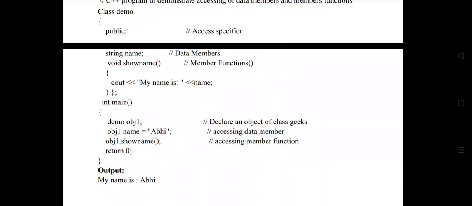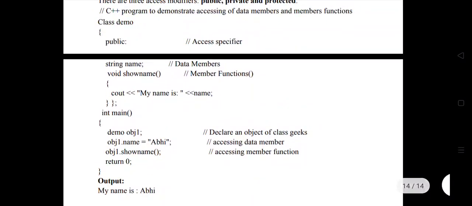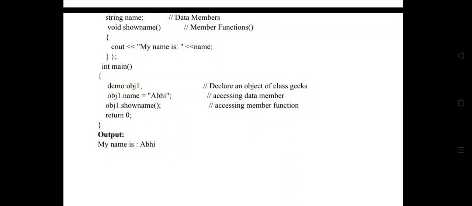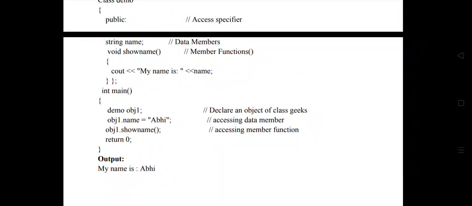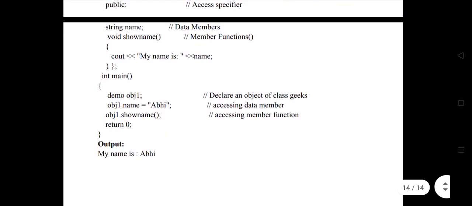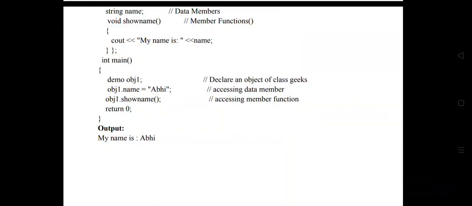We have one name variable as a string, which is a data member, and we have made it public. If you want to access any data member outside the class, as you have done here with obj1.name, you are assigning name the value Abhi. Only if you have created it with the public access modifier are you able to write the value here. If it is not public, you cannot assign the value here; at this line, obj1.name equal to Abhi will produce an error. To call the member functions, you need the object1, a dot, and the function name. So this is the output of the program.